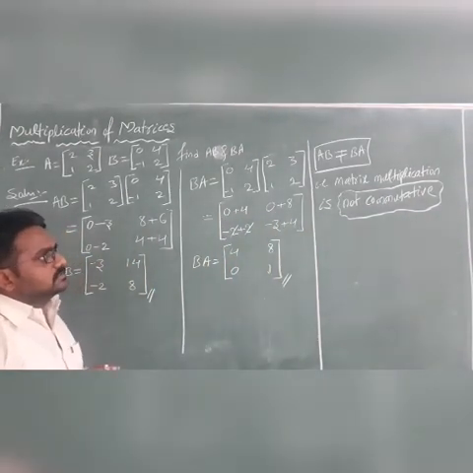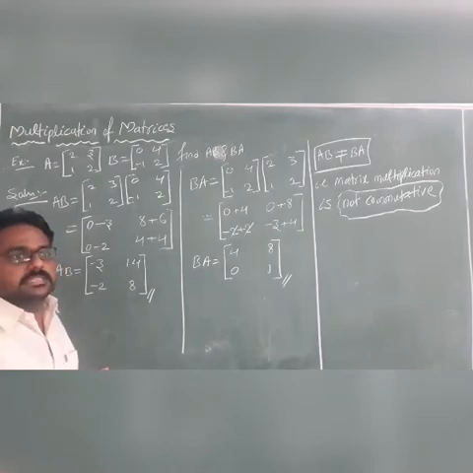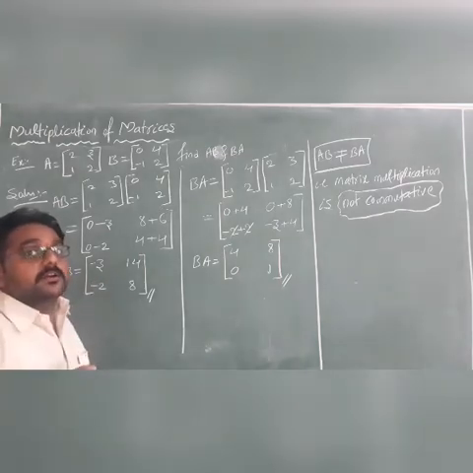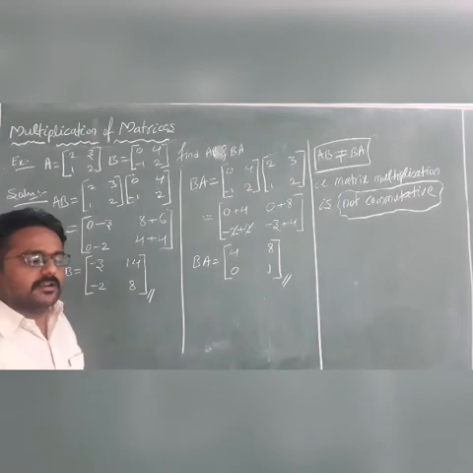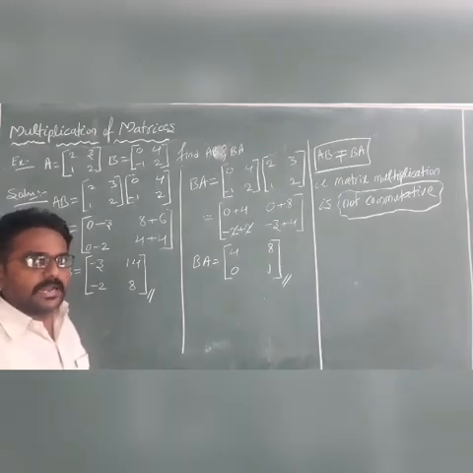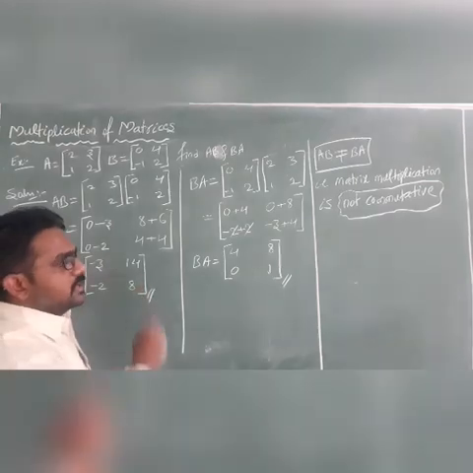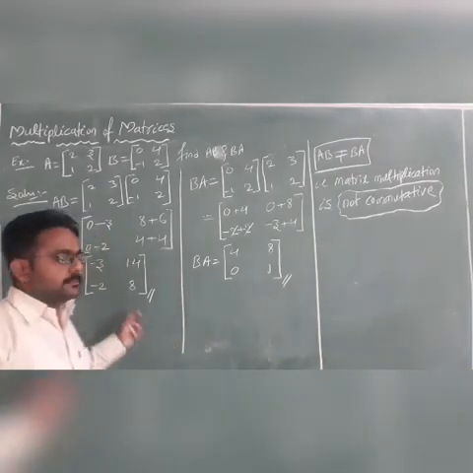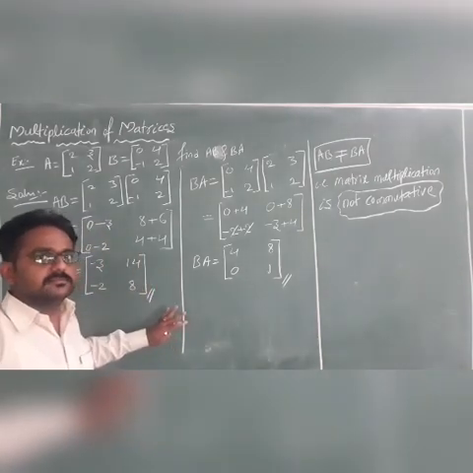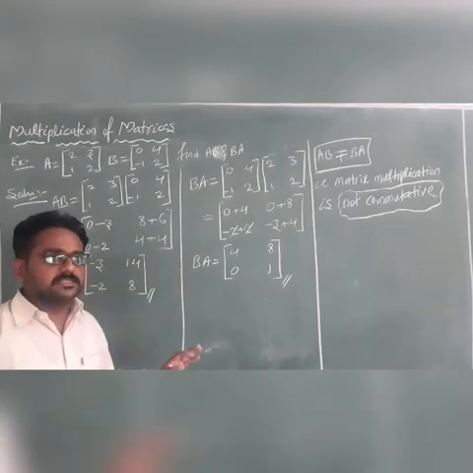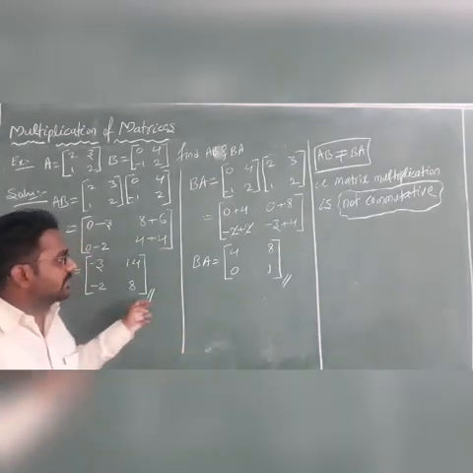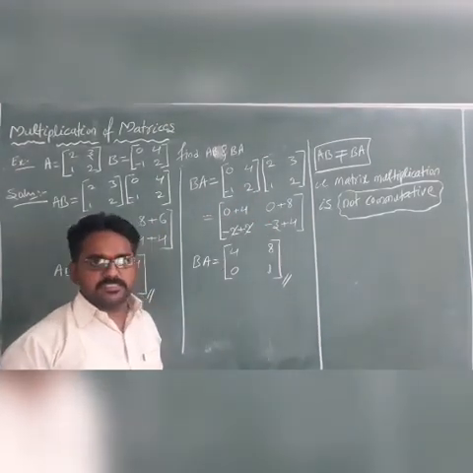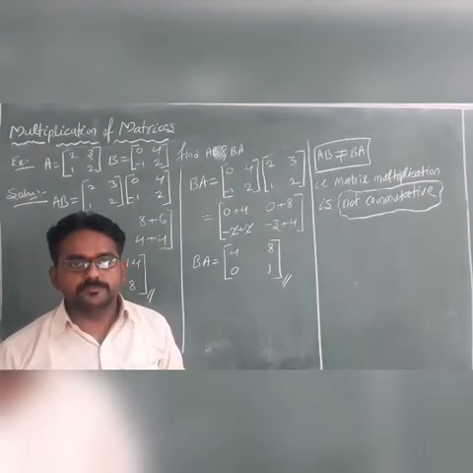The product AB is not equal to the product BA. There are some special cases. In that session we will get AB equal to BA for a particular matrix, not for all kinds of matrices. Only for a particular matrix will you get AB equal to BA. I will give examples and conditions in the next session. Just observe these two: AB and BA both are of the same order, and both exist, yet we do not get equality of the matrices. Not equal. That is, matrix multiplication is not commutative.